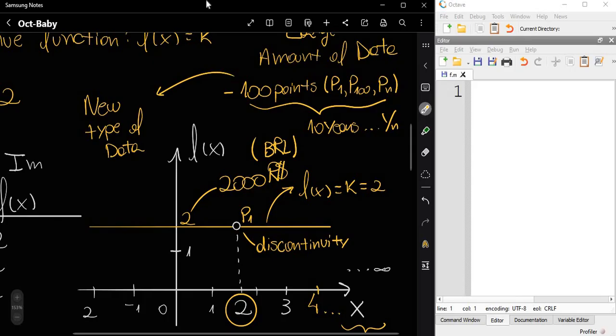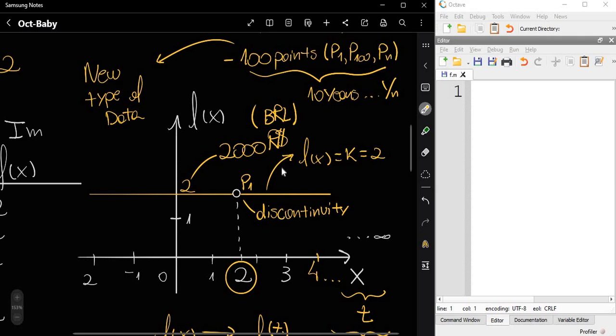So let's say in year one, we got 2 or 3 months with this discontinuity.